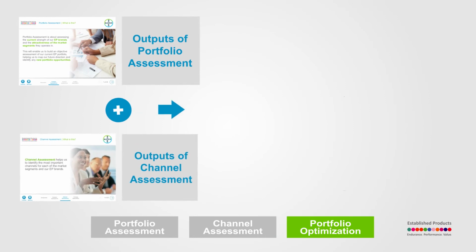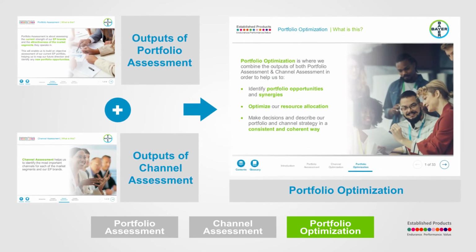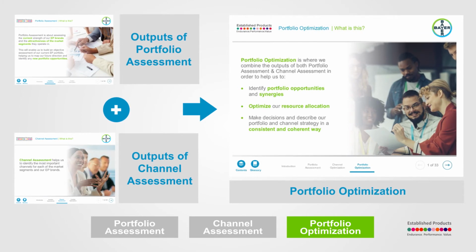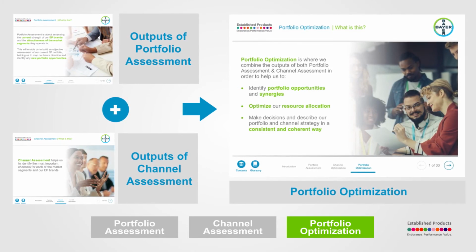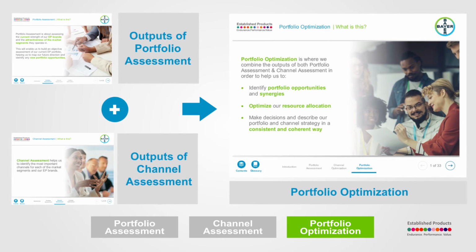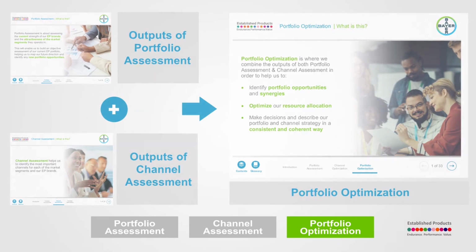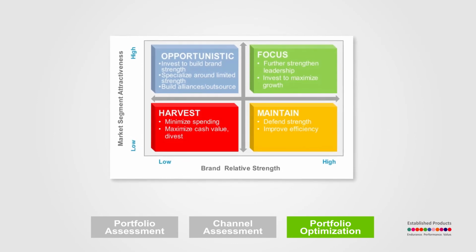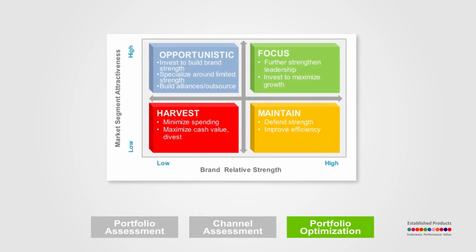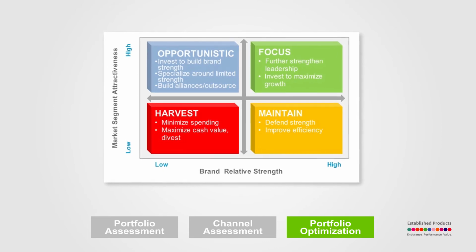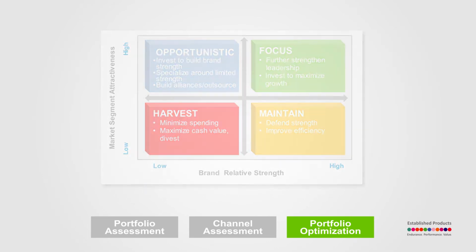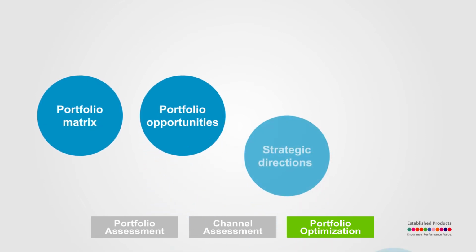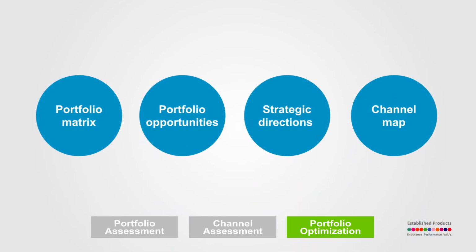In the final module, Portfolio Optimization, we combine the outputs of both portfolio assessment and channel assessment in order to help us decide our priorities, optimize our resources, and define our portfolio and channel strategy in a coherent way. First, we identify opportunities and strategic directions across different portfolio clusters, which will help us to maximize the value of our portfolio. Based on the portfolio matrix, portfolio opportunities, strategic directions, and the channel map, we then analyze and decide on